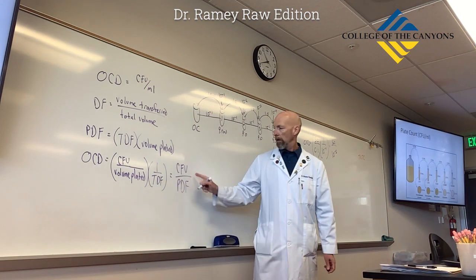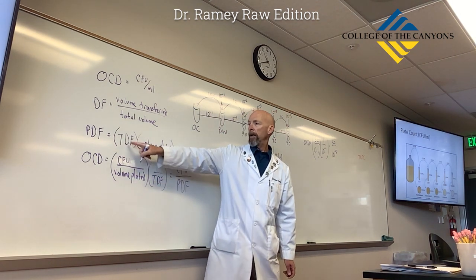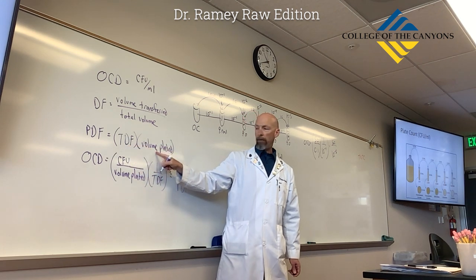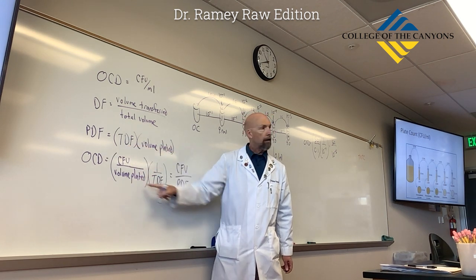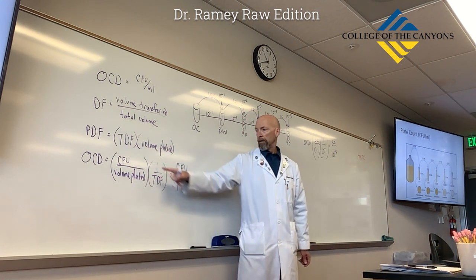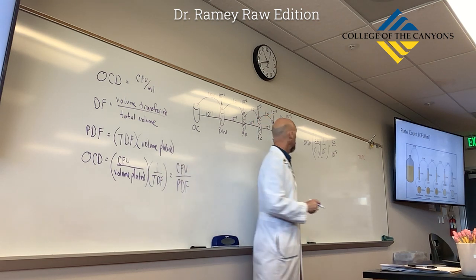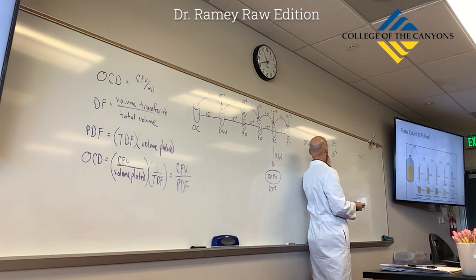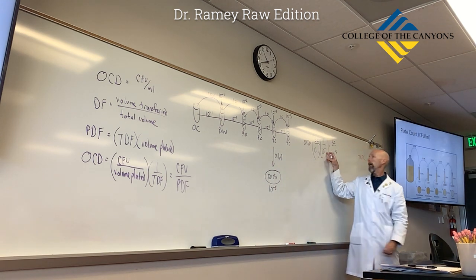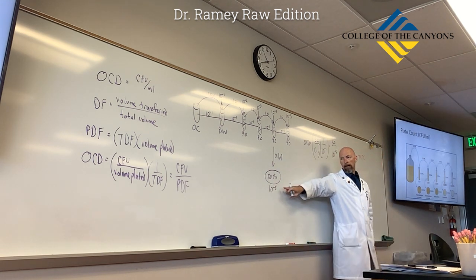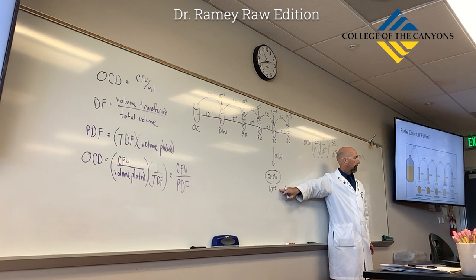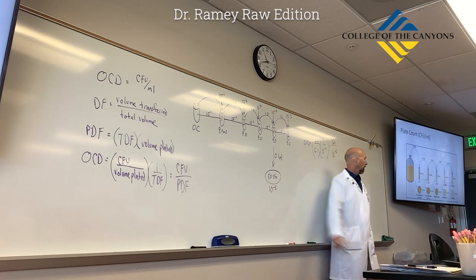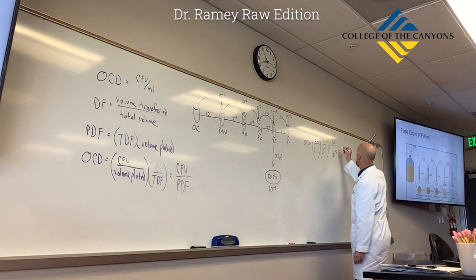Okay? And you can see plate dilution factor equals TDF times volume plated, right here. CFU over PDF. We just did this, 10 to the minus 4 times 0.1 to calculate the PDF of 10 to the minus 5. Okay? So then this becomes